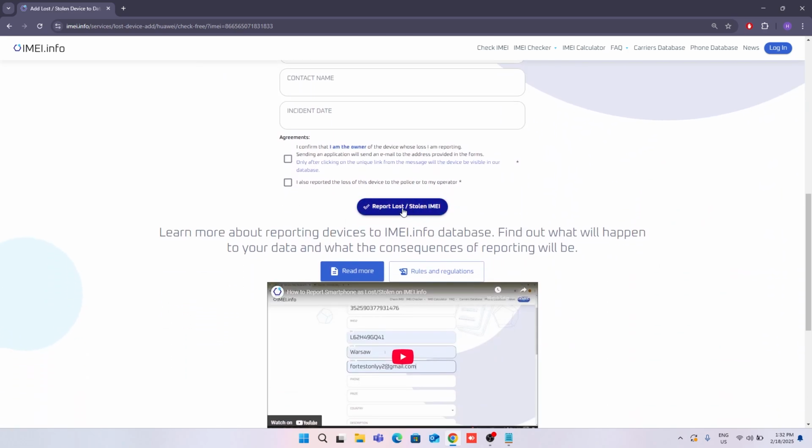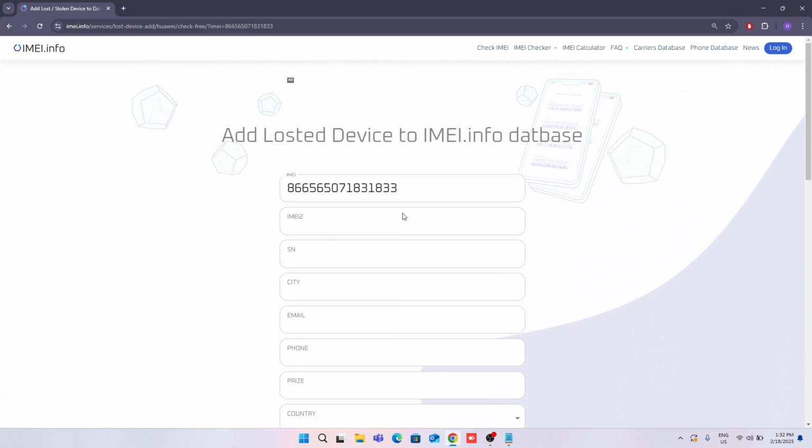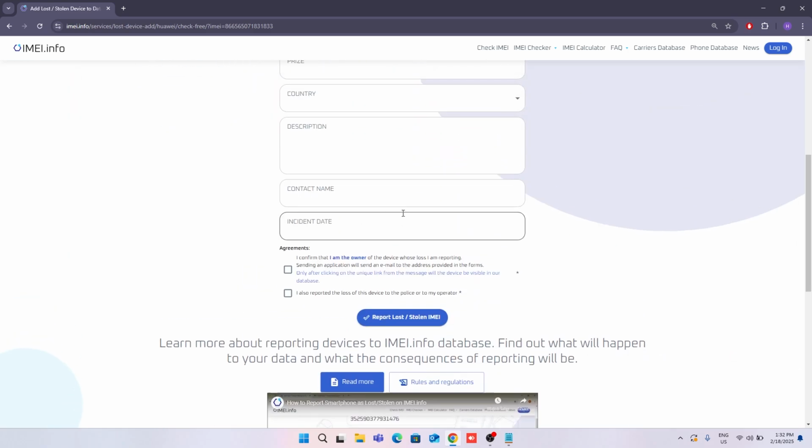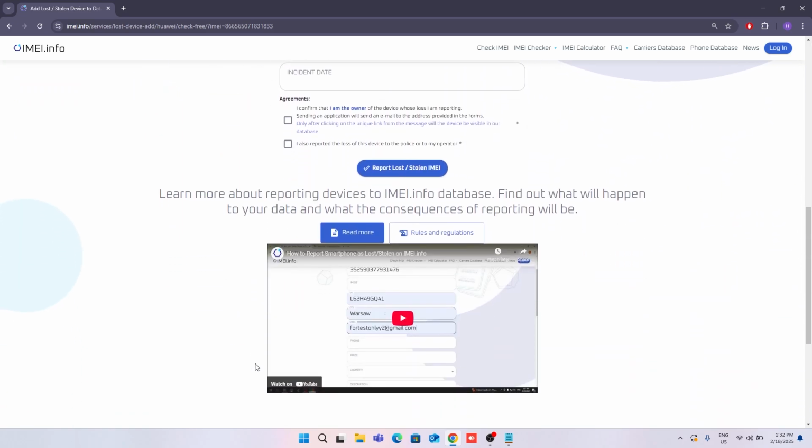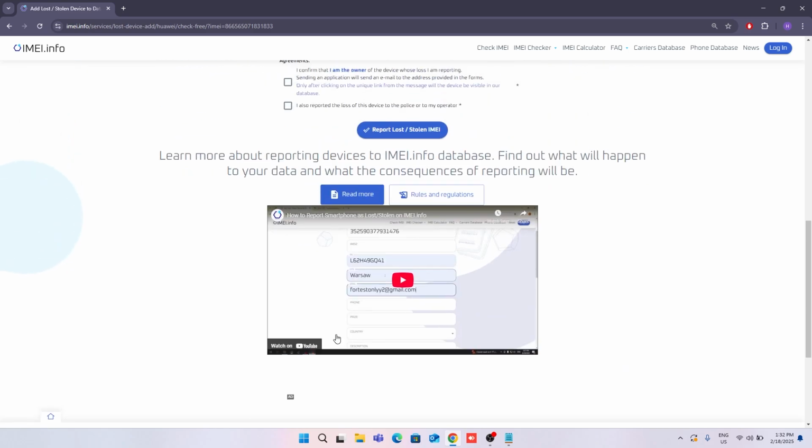And if something happens, you can also later check in the database if the phone was added here, and you'll get some information after, as you can see, what happens if it